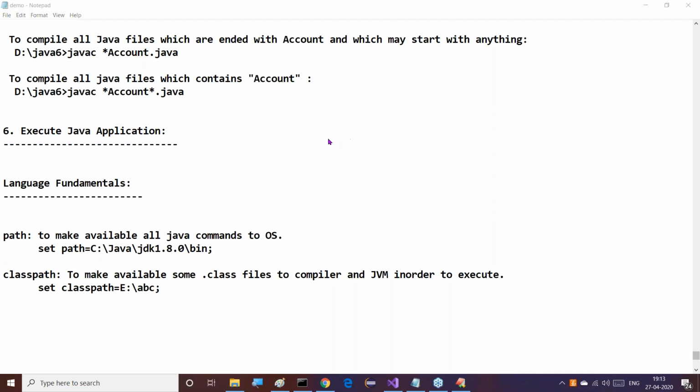Whenever we compile a .java file multiple times, every time the existing .class file will be overridden with a new .class file. The old .class file is overridden with a new .class file. That's it. The C programming language is not necessary for Java developers. Not at all required. If you have awareness of Java, that's sufficient. Javac performs compilation, and java performs execution.